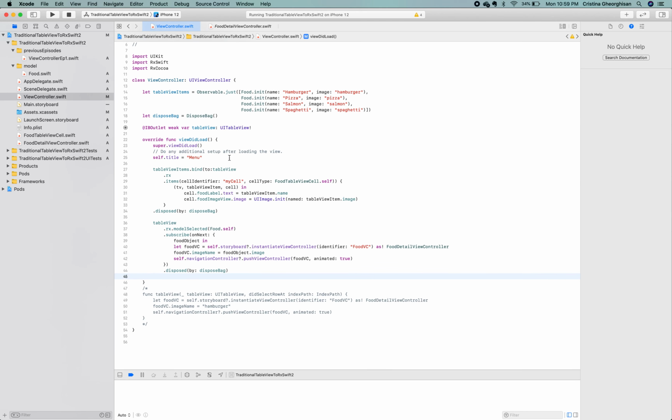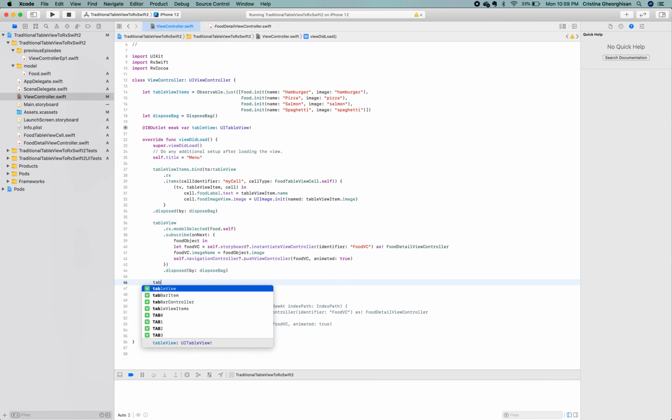There is another method that the Rx extension offers for the row selection called itemSelected, where instead of working with the table view model, we use the index path, pretty similar to the classic didSelectRowAt indexPath method. Let's see how it looks, just to practice a little bit more with RxSwift and RxCocoa.